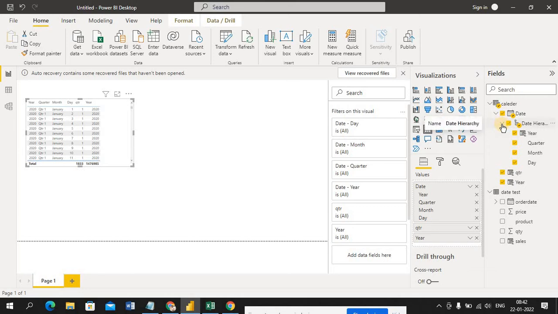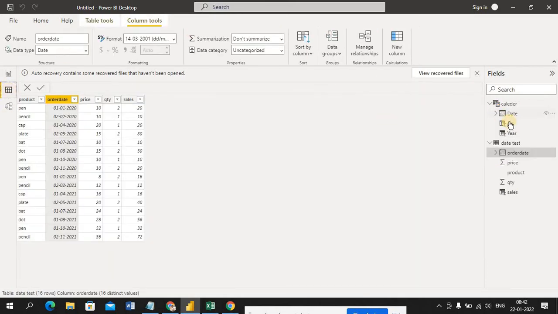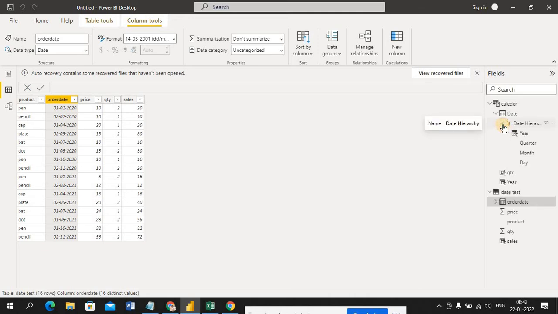So it will give you some information in advance, and you can utilize it like this also. So no need to be confused here. In my back end, if you see, I have only 3 columns. I created only date, quarter, and year. But Power BI intelligence provided me a date hierarchy on the date column: year, quarter, month, day.